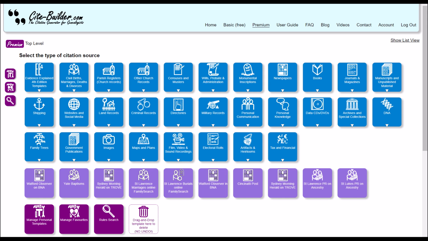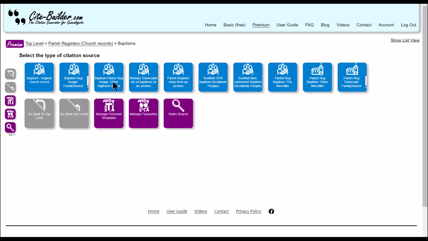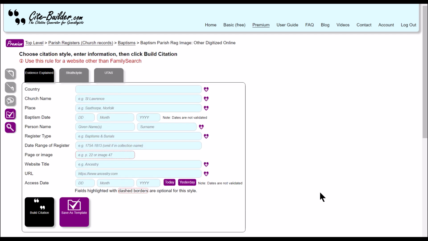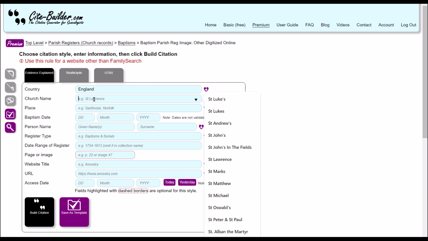So first of all, we're going to create a source citation for the baptism record of one of the many children. So we're going to come into parish registers, we'll go down to baptisms, we'll go to baptism parish register online, other digitized online, and we'll fill out the information. So I'm just going to go through and put in some information here. So country, England. Now you'll see I'm actually using another one of the premium features here, which is favorites. This heart here indicates that I've actually saved a few values that I can use in, say, the country field. The church I'm going to say is the Church of St. James,